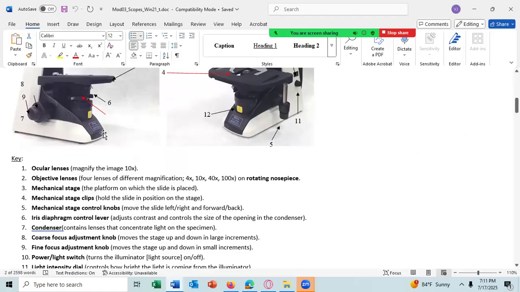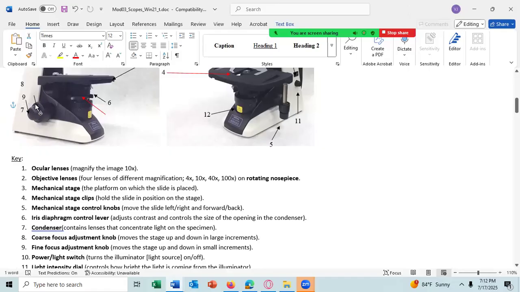And then 7 got moved. Let me see if I can move that back. Nope. Anyway, 7, it should be right here, the red one.